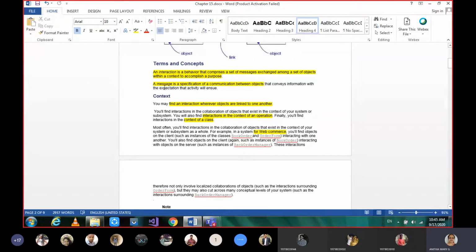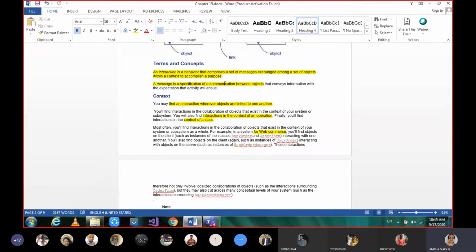Likewise, when a message is sent from one object to the other, the message is a specification of communication. Without a label, if an object is communicating with another object, we don't know what message it has sent; we don't have any specific details.